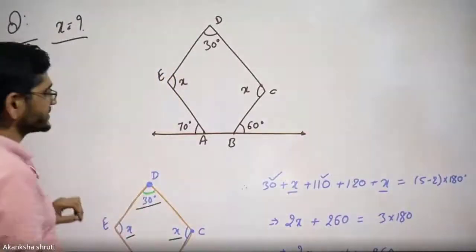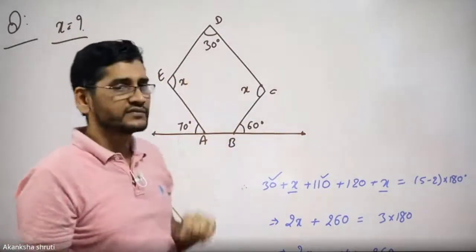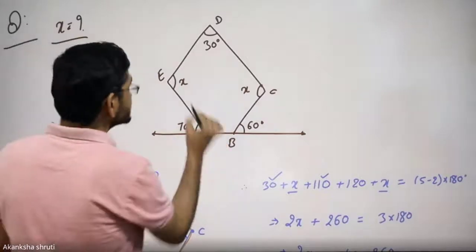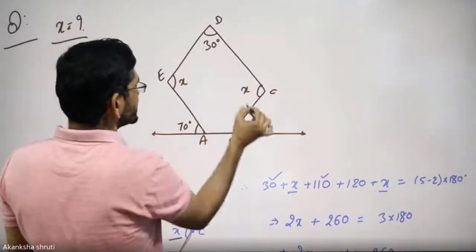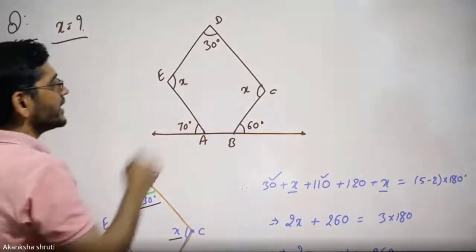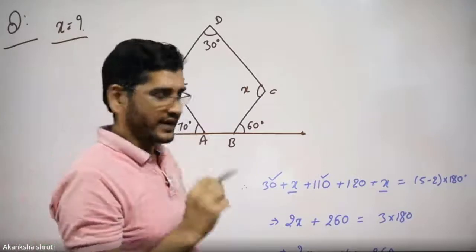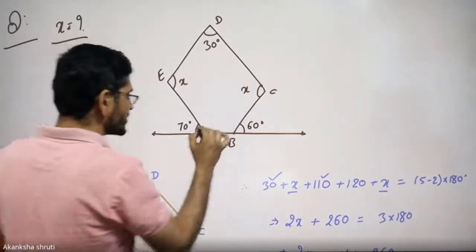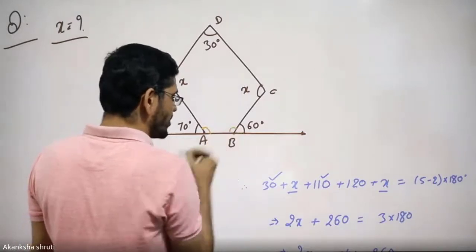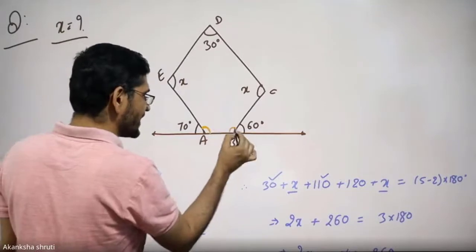Now, students, the same was applied here in this figure to calculate this x. What is the value of x? Students, here see, this is 1, 2, 3, 4, 5, total 5 sides. So it is a pentagon. X can be determined by applying the concept of the sum of the internal angles. But for that, internal angle A and internal angle B are not known. So first we need to calculate these two internal angles.